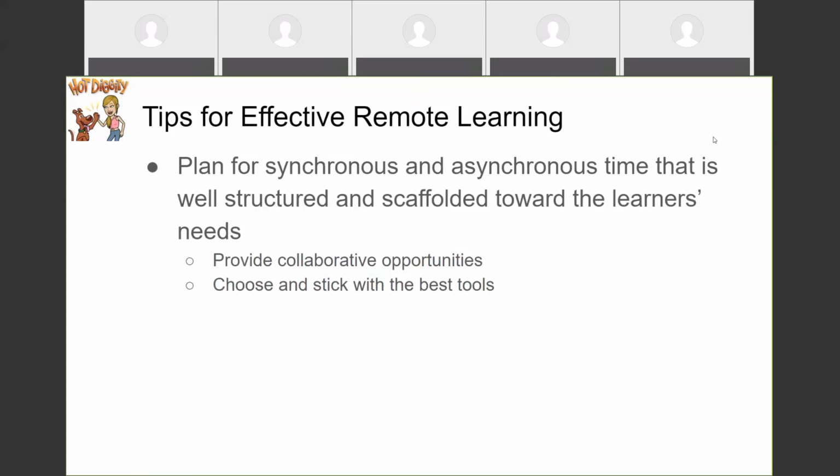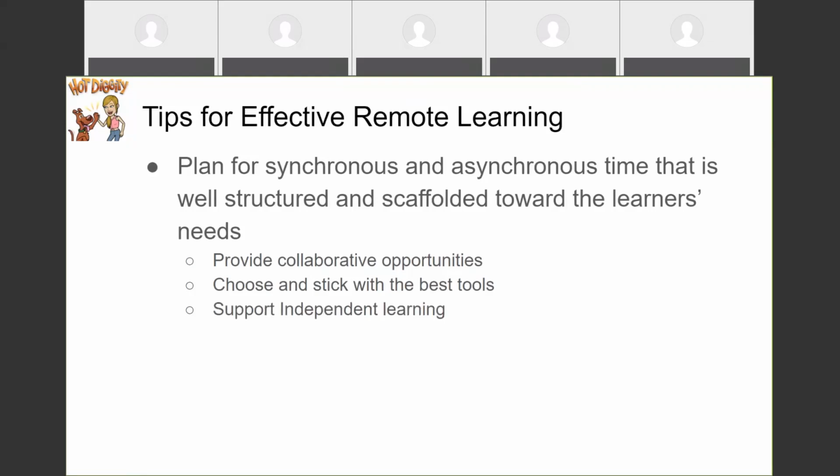Make sure that whatever tools you're going to use to provide your remote learning, it's recommended that you choose a handful of tools that are easy for you as the teacher, but also easy for students to stick with. Because in addition to you preparing all your lessons online and students trying to get used to whatever platform, to add a whole other piece of learning in there with like a new tech tool every week just kind of muddies the water. Yes, we want them to learn technology and tech tools, but our main goal is to focus on whatever material it is we're trying to teach them. So pick a few and stick with them.